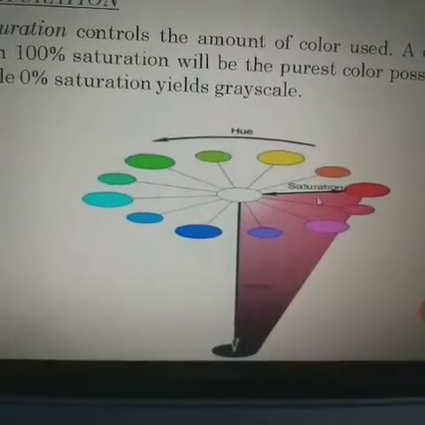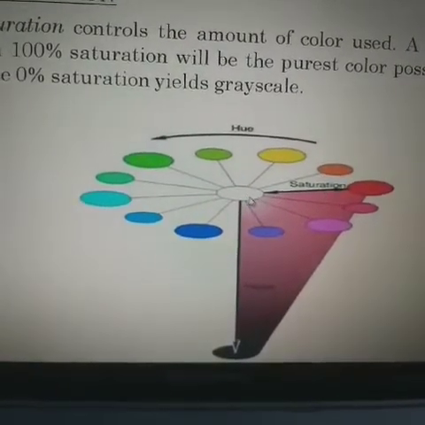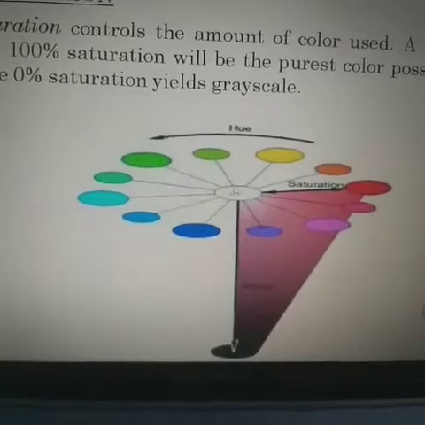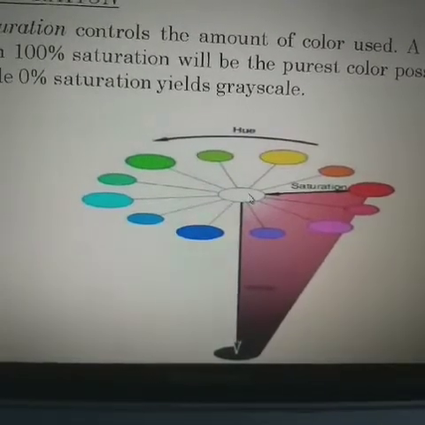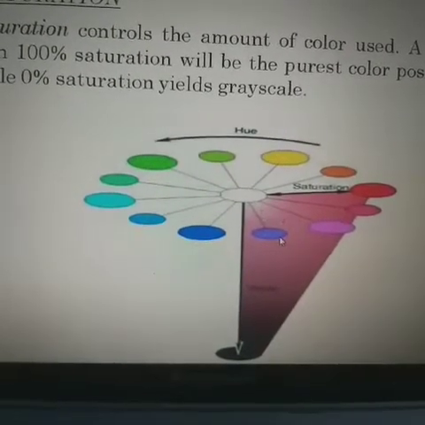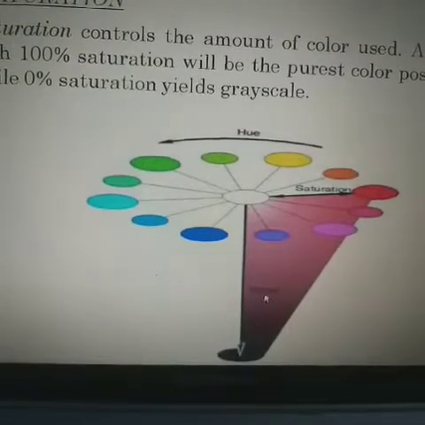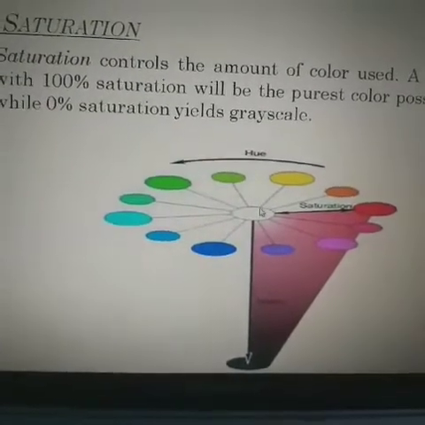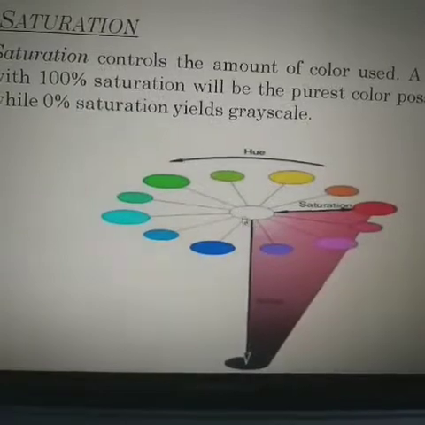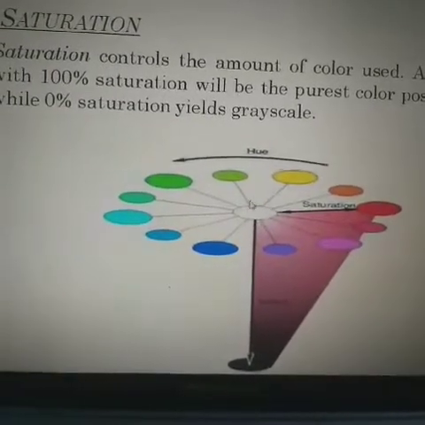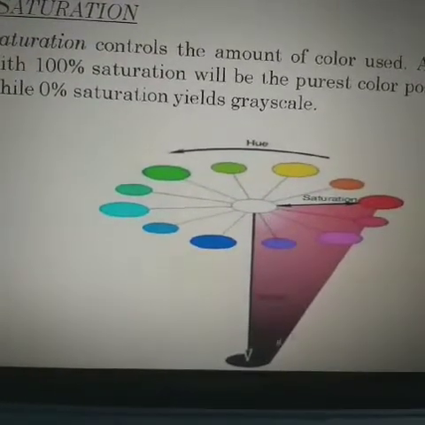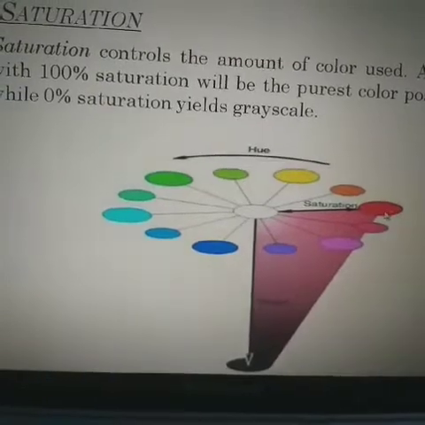At the saturation point where the saturation value is 0, we have the white color. When we increase the value, going away from this origin, this white color, we get the darker or saturated color.